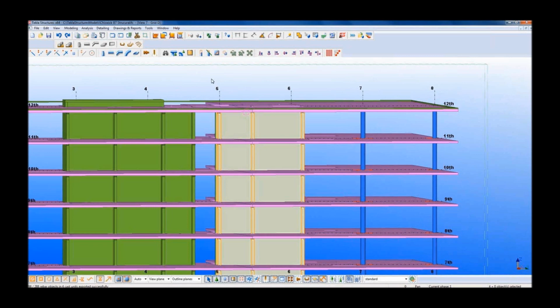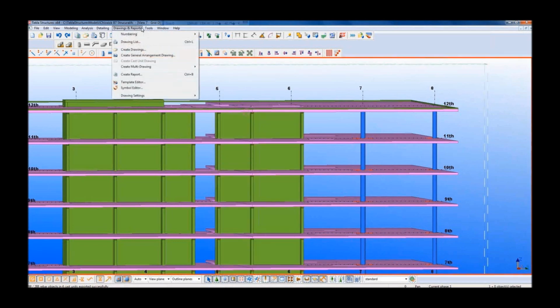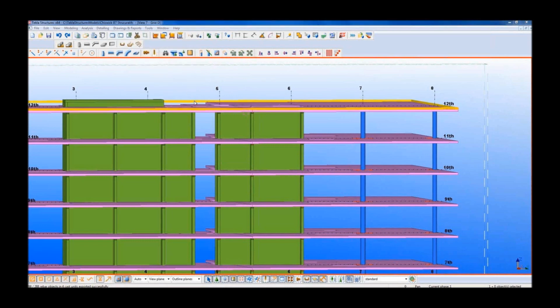It's get a model or build the model in Tekla, group your elements in just the logical order that you'd normally detail in. So walls, panels, lift pits, just group it how you need to. Run the cast unit drawings. There's lots of standard drawings in there. So in this create drawing wizard,